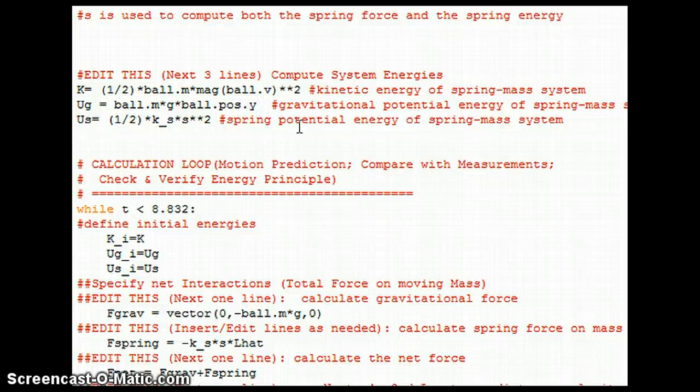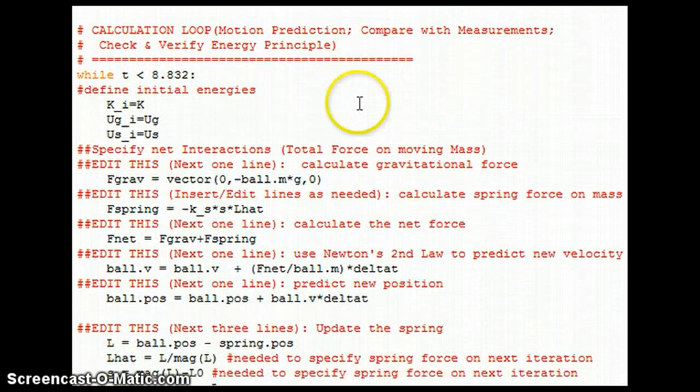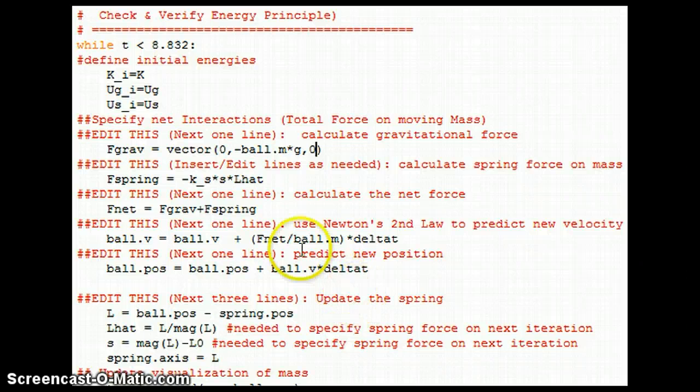And here is where the equations are entered, including the kinetic energy and the potential energy of both the gravity and the spring. And in the loop is where the majority of the calculations take place. These include the force of gravity, which is the negative mass times gravity, the force of the spring, which is S, which is the difference in the initial spring length and the final spring length,